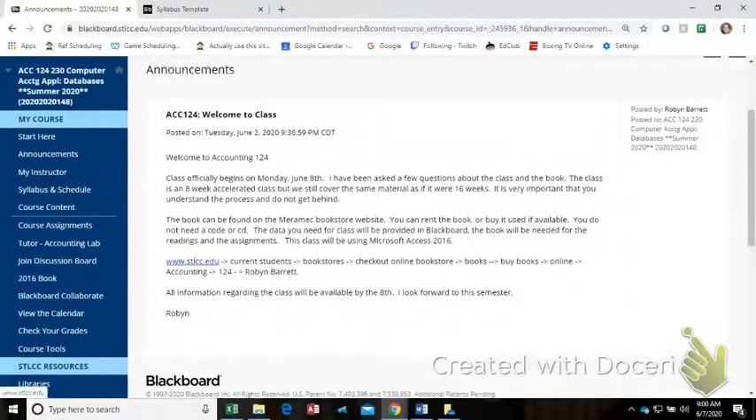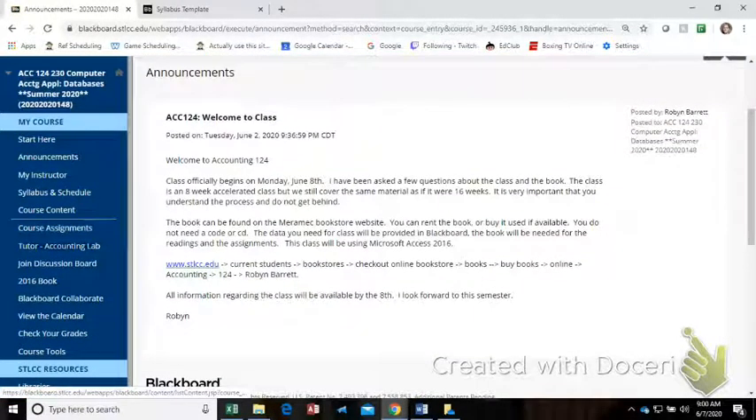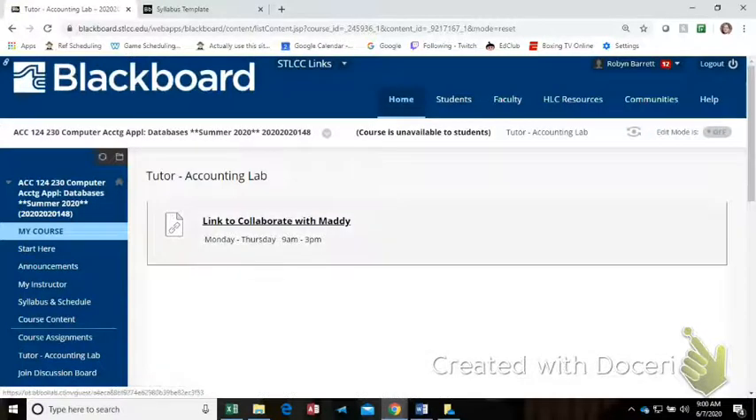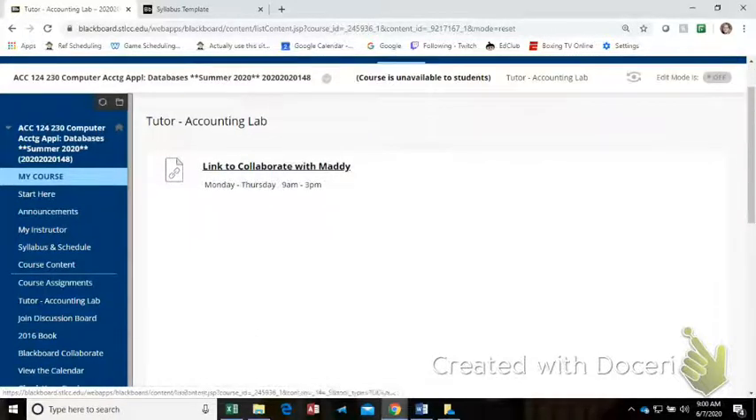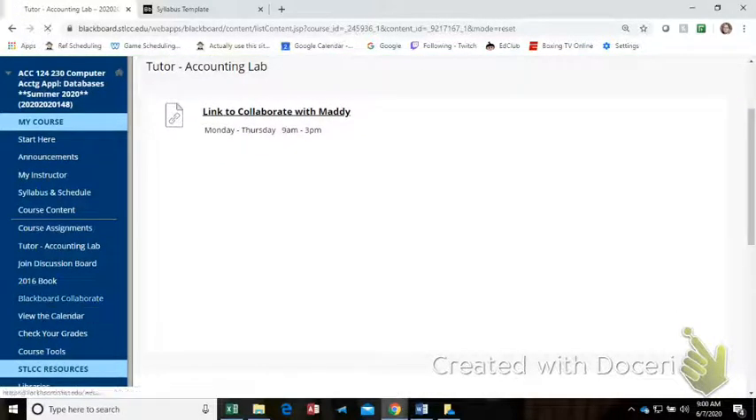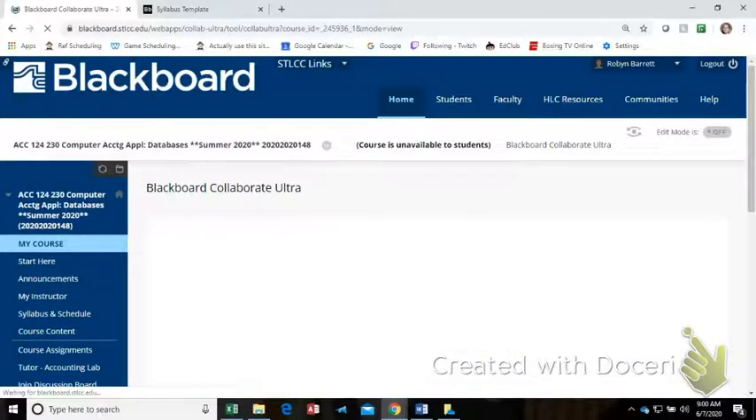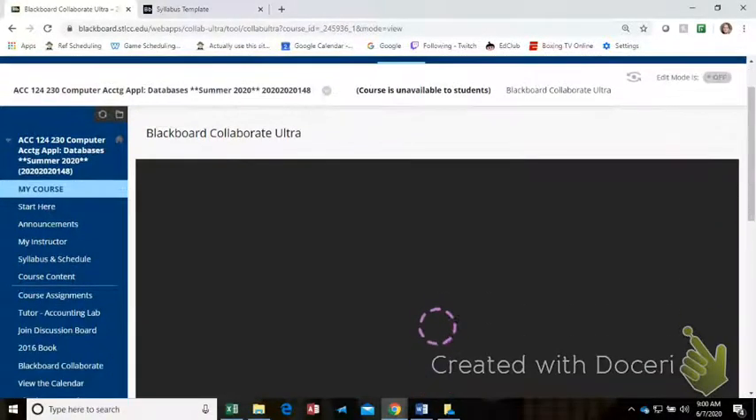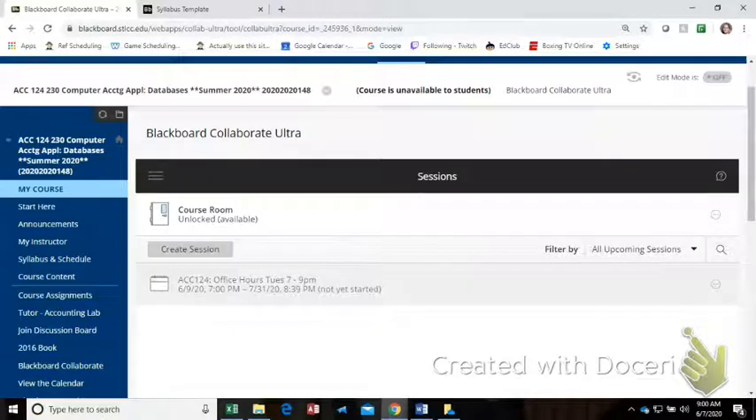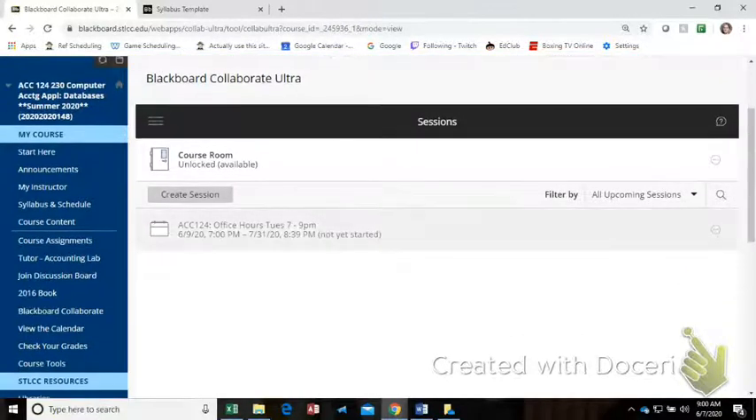And then, if I go to the Tutor Accounting Lab, if you click on this link, it will take you directly into Maddie, which I'm not going to do because Maddie's in there right now and she'd answer. I will go down to the join the Blackboard Collaborate. If you click on this button, right here you can see this is my office hour link. If you click on it,